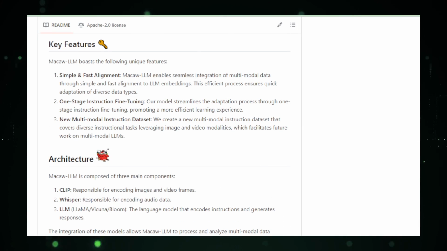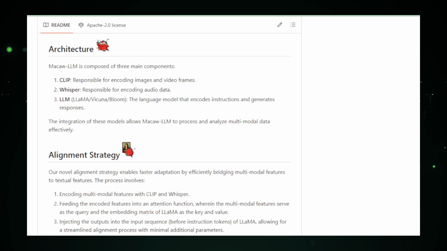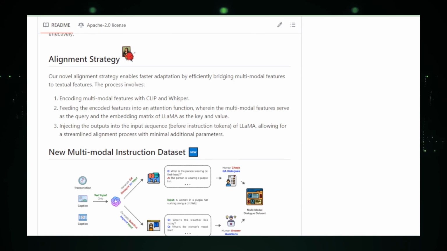Moreover, Macau LM introduces a novel method of one-stage instruction fine-tuning. This efficient process allows the model to adapt quickly to new tasks, a significant improvement over traditional multi-stage training methods prevalent in earlier models. Another key advancement is the inclusion of a new